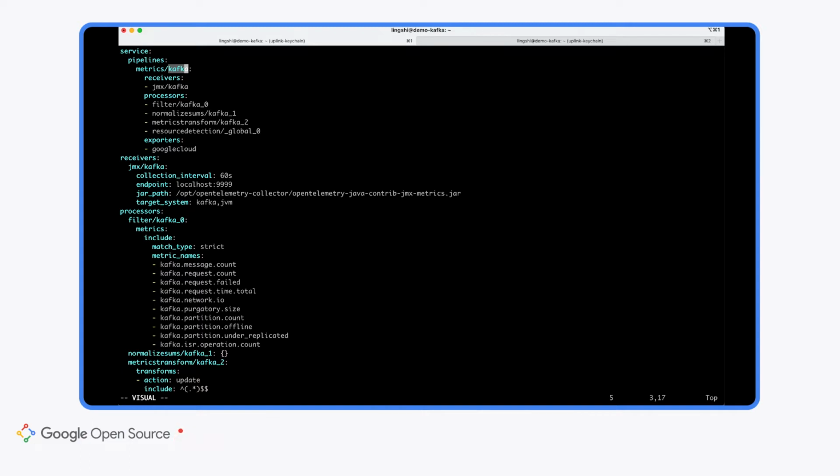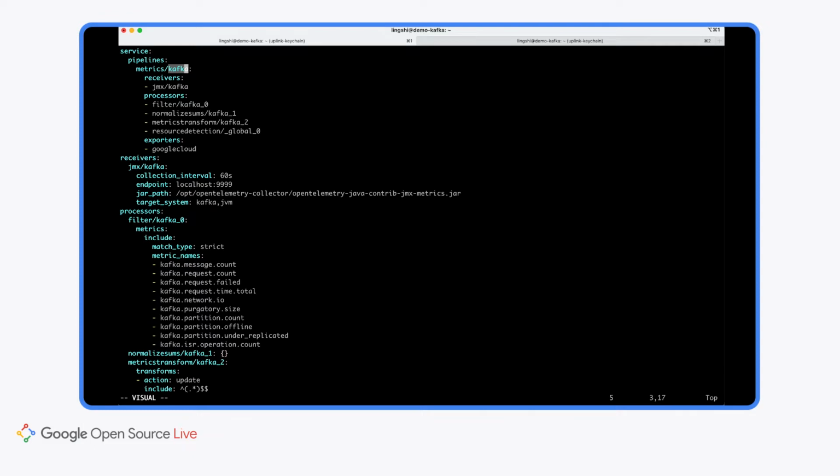As mentioned before, the receivers decide what telemetry is to be collected. The processors provide some flexibility here to filter these metrics and also transform them in certain ways we want, and eventually also help attach some additional information to the telemetry. Finally, the exporters decide where the metrics are sent to.